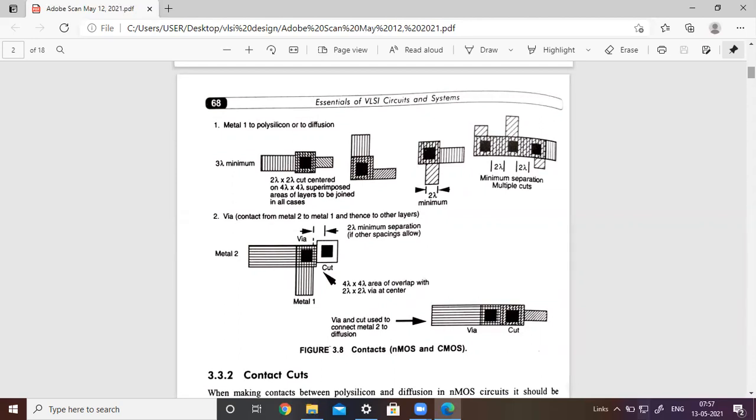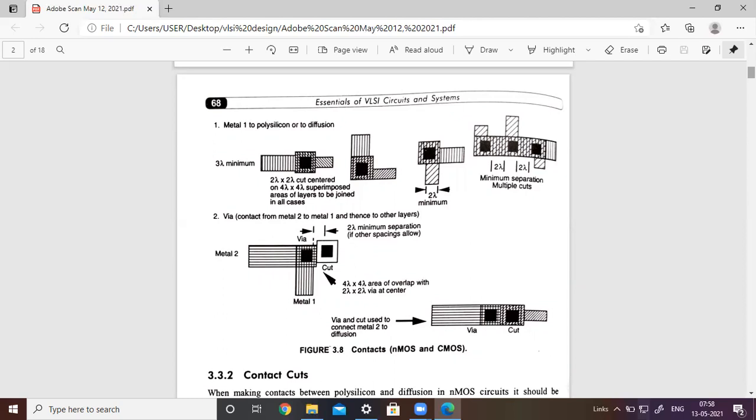Similarly, whenever the contact is not with the metal, that is, polysilicon to any diffusion, polysilicon to N diffusion or polysilicon to P diffusion, we can use the special contact called butting contact or buried contact. Remember that point.